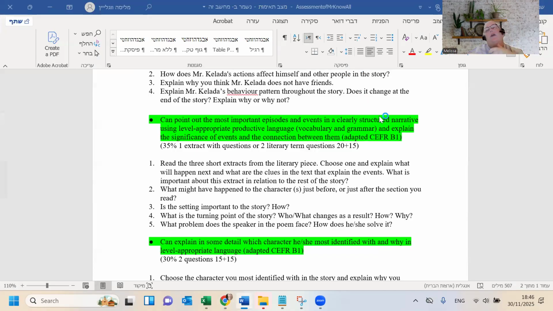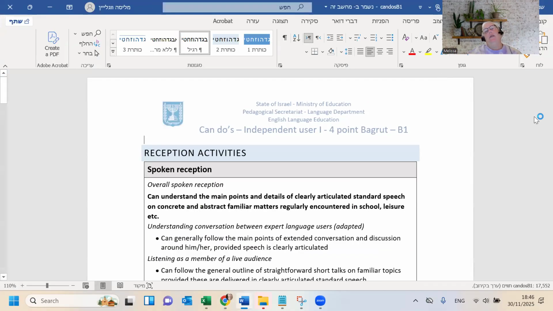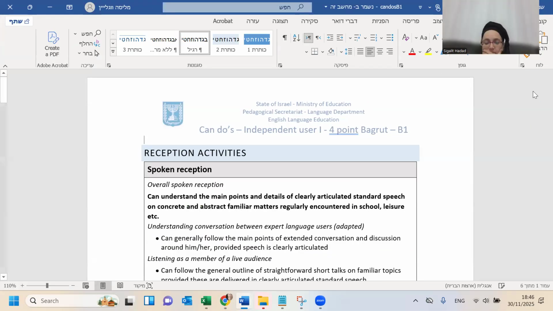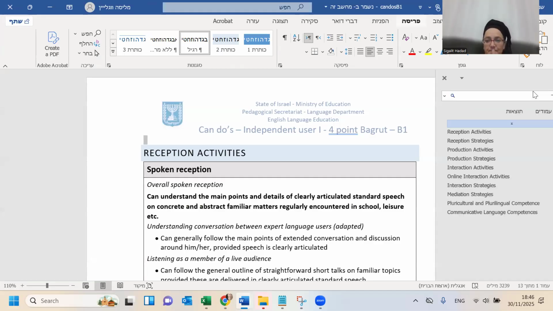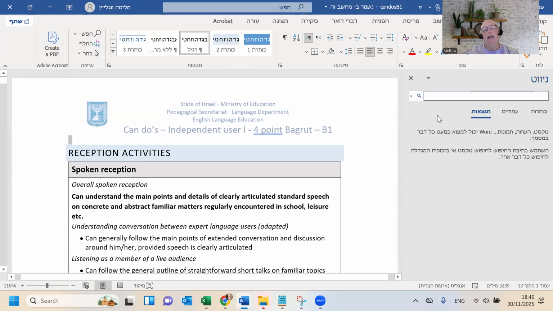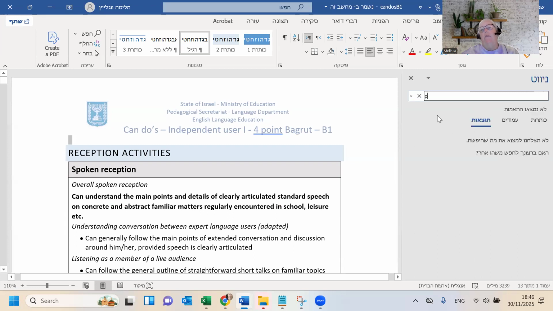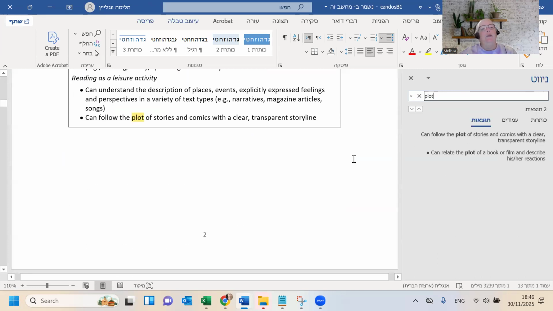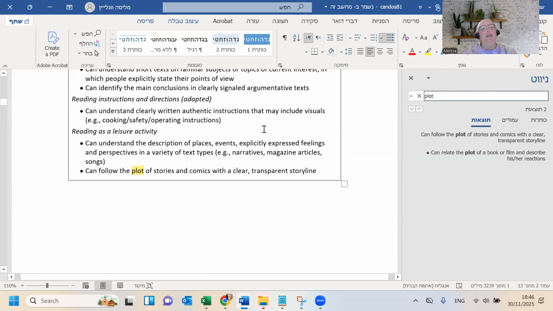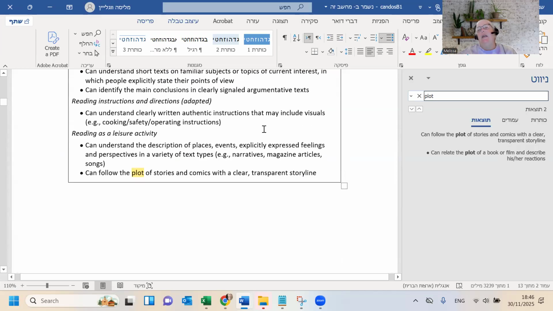Sorry. Okay. So once this opens, I can do a Control F, and then I can type in the word plot. I'm just doing it randomly. And it brings me down to the places in the can-dos that have to do with plot.